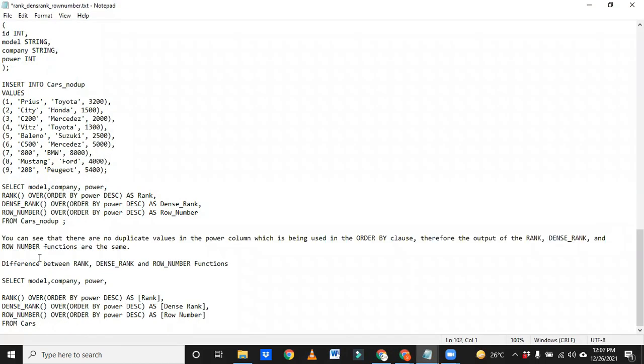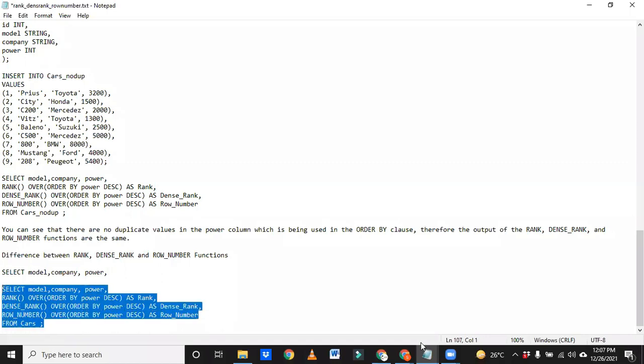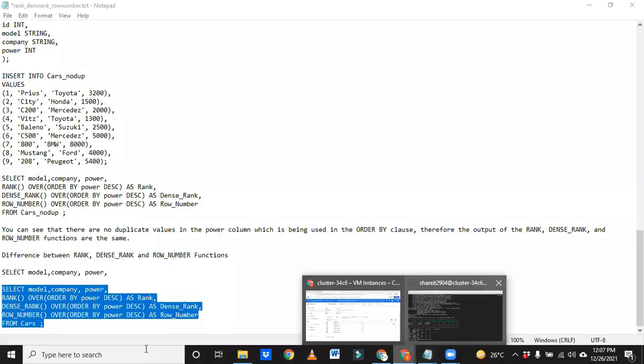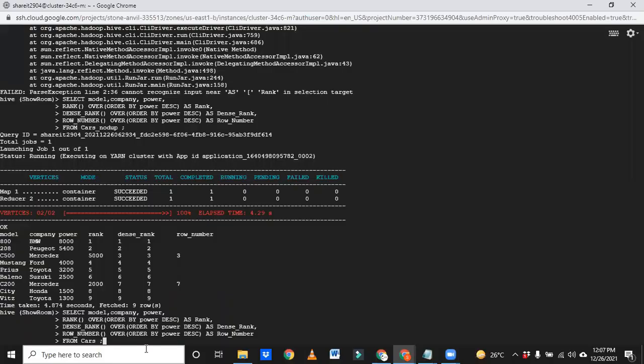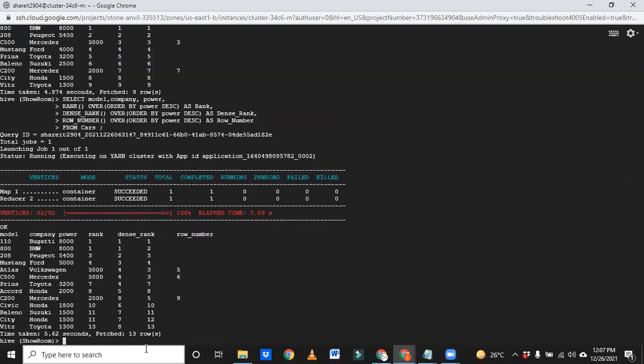we will see in the first table. Let me run it on the first table. We'll see if there is any difference. Of course, we already discussed, but let me run again. See here, rank has given 1, 1, 1, 1, but dense rank and row number have given 1, 2, and then rank has given 3, dense rank has given 2, and row number has given 3.